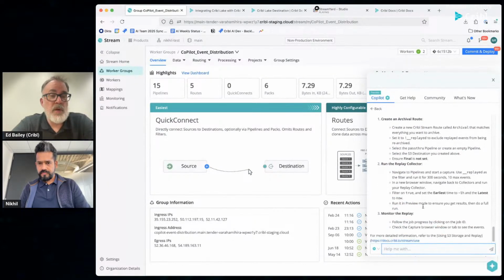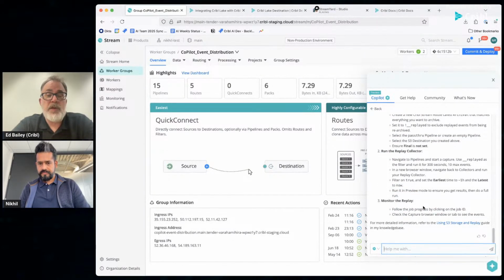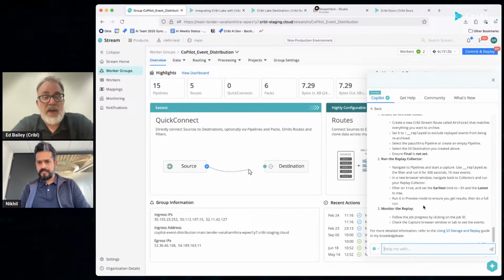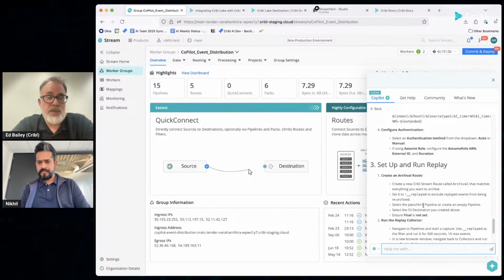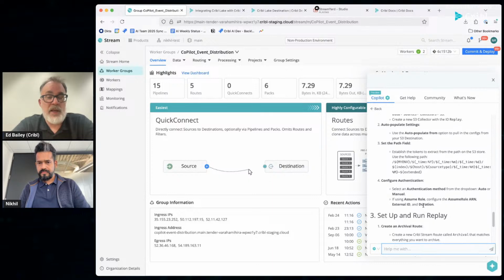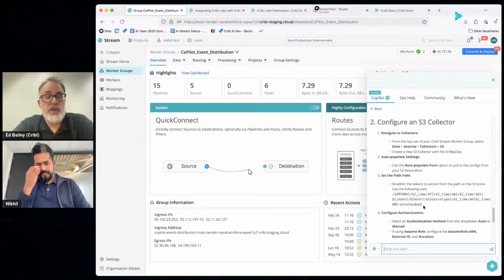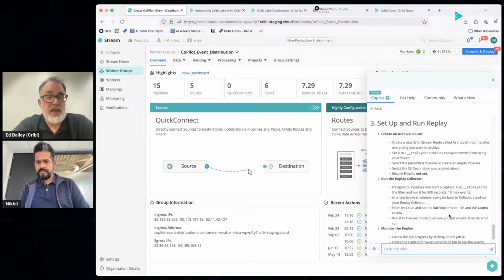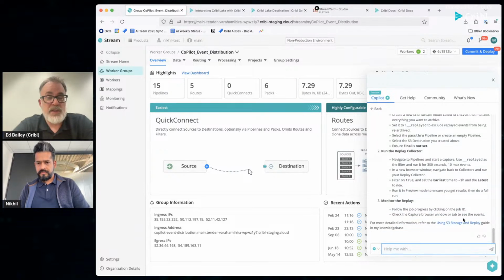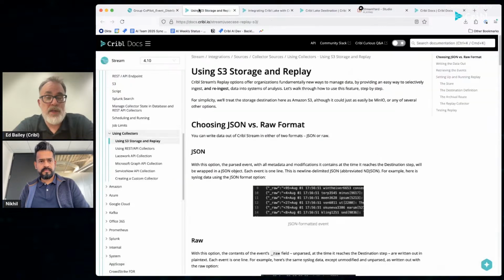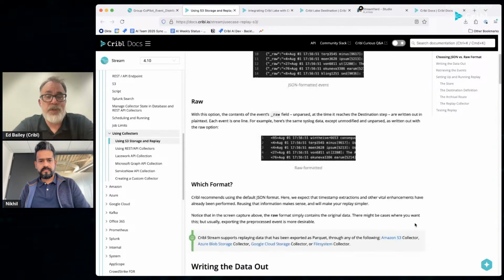For anyone who's not aware, Replay is a great example. Love Replay. It gives you a visual browser to go into your object storage and find a chunk of data. Say I want from 9 to 10 a.m. yesterday, and then I can run a filter expression on that data set from 9 to 10 a.m. to look for particular data. Then hit a button, and it's going to take that data and put it back into Splunk, Elastic, search, whatever. So it makes your data portable, and it's super easy.